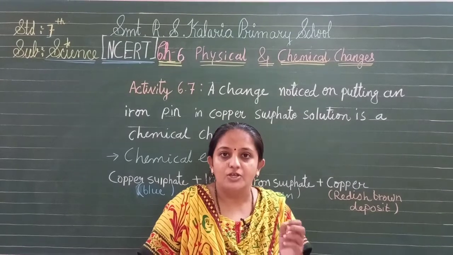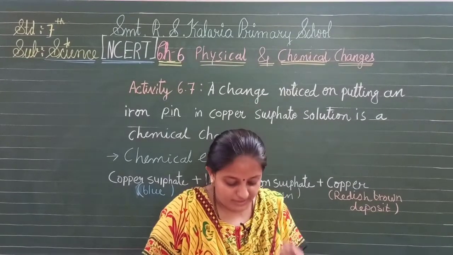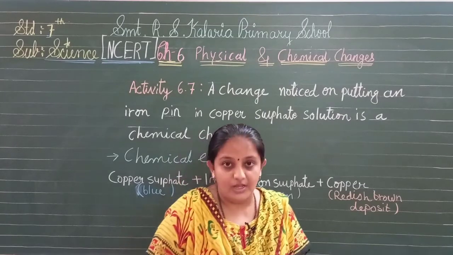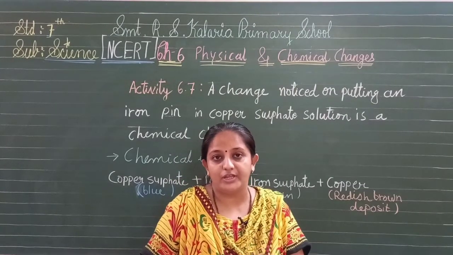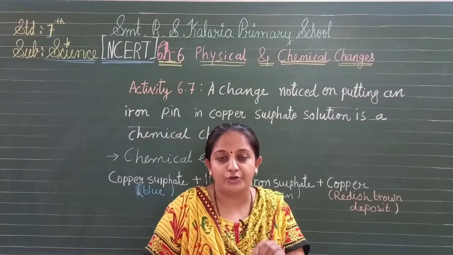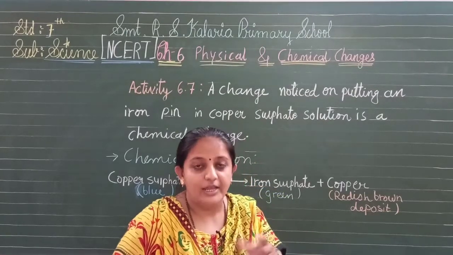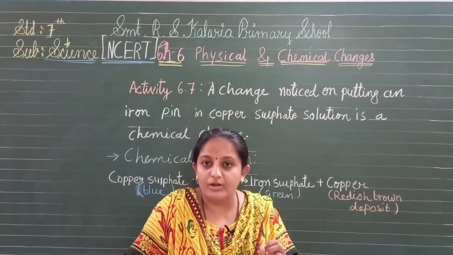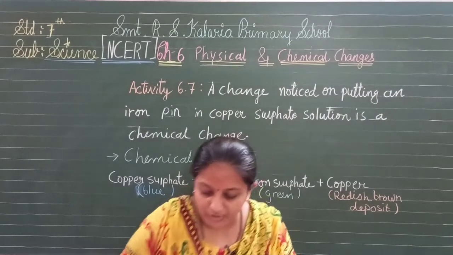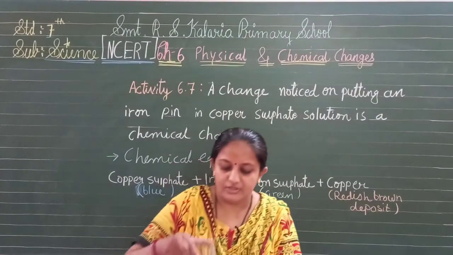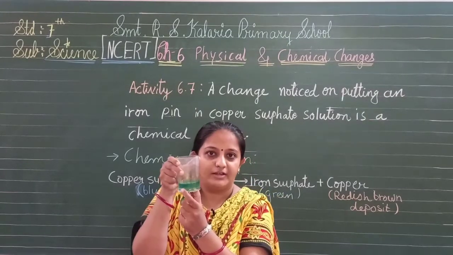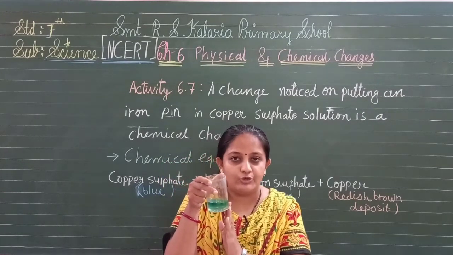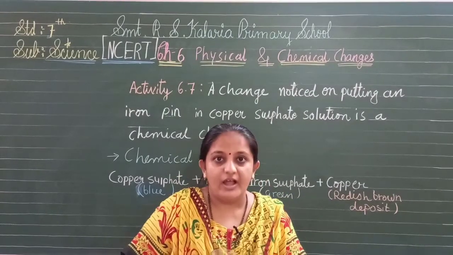to prepare its solution. उसके में solution बनाना है. Now add a few drops of dilute sulfuric acid. Now how will we prepare dilute sulfuric acid? Take water and add a few drops of sulfuric acid and it makes a foam. Now you will get a blue colored solution. Now I already have this, you can see this blue color. Okay, now what you have to do is take this solution and add an iron pin.